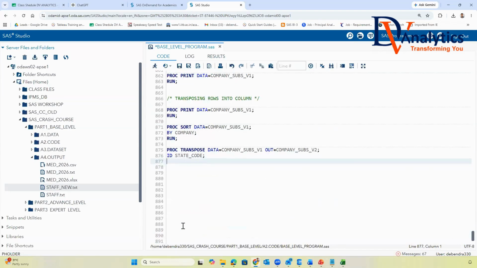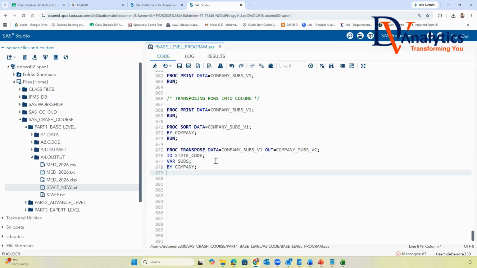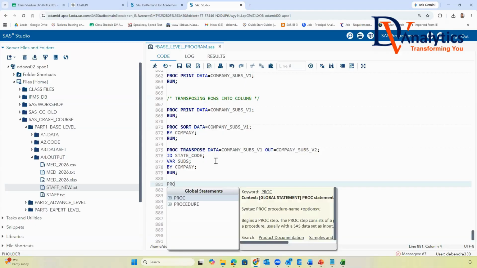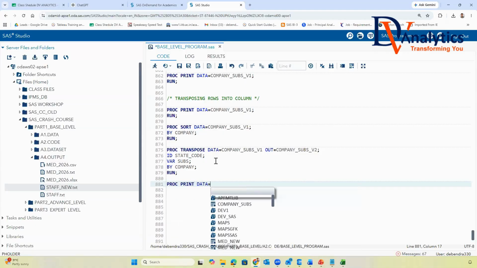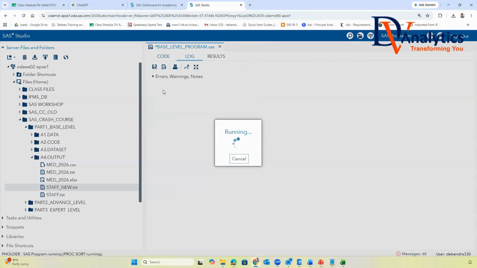This ID is going to take care of what? Converting rows to columns. Then var is going to be subscriber, and by is going to be company. Now if you say proc print data equal to company subscriber version 2, what will happen after transposing this?